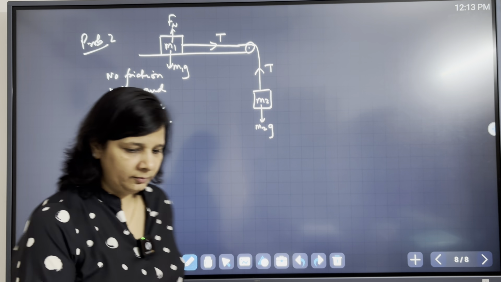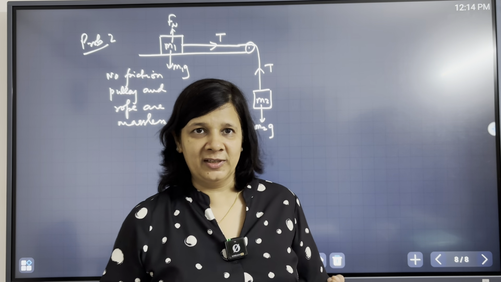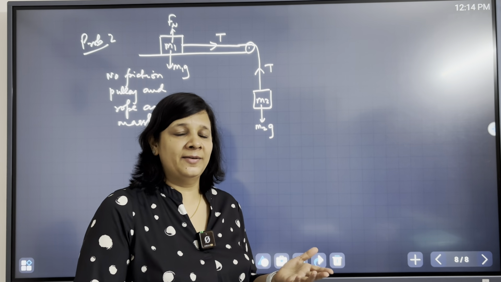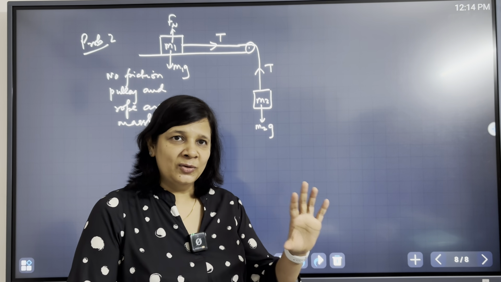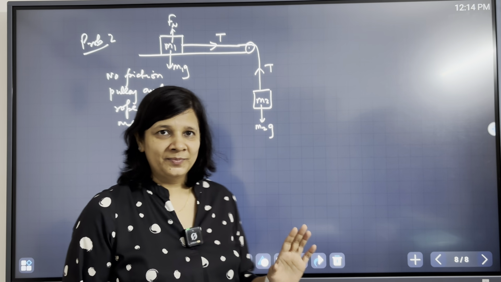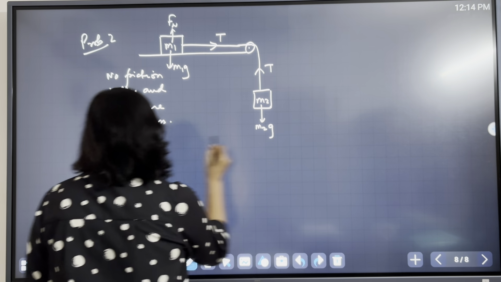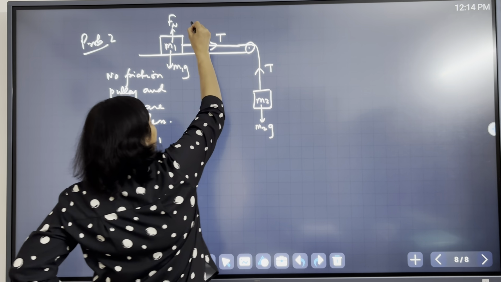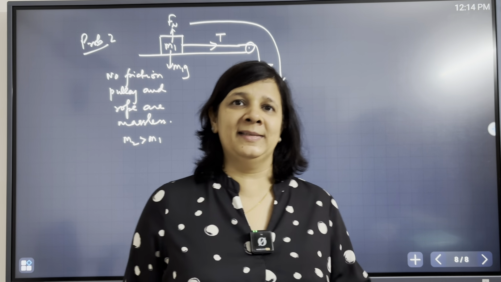Now, in order to find the acceleration of the objects, the two blocks will move with the same acceleration, right? How much is that acceleration? Without drawing the free body diagram, can you calculate directly? The simplest way to think is how much is the external force which is bringing the motion. One more thing, M2 is greater than M1, so this system is moving like this. We also call this a bent axis.